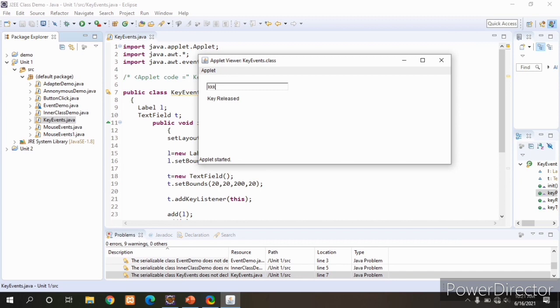Once again I will type G, it will show key typed. Carefully observe now. Okay, now the key is released. When I press a control key, alt key or any function key, it will show key pressed. Now I will press the alt key. Carefully observe, it will show key pressed.